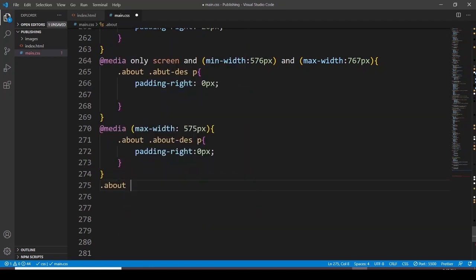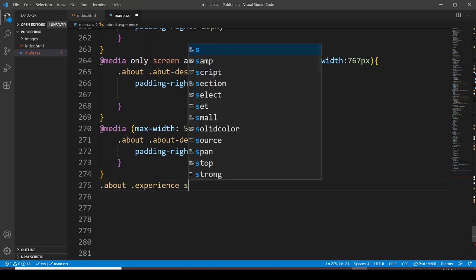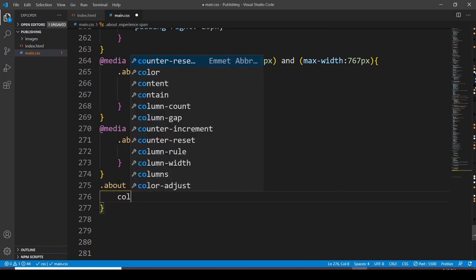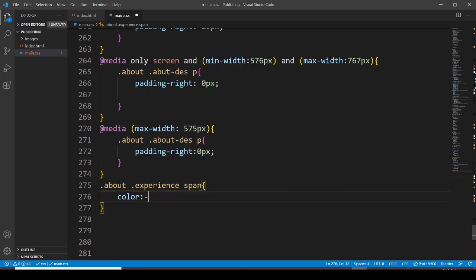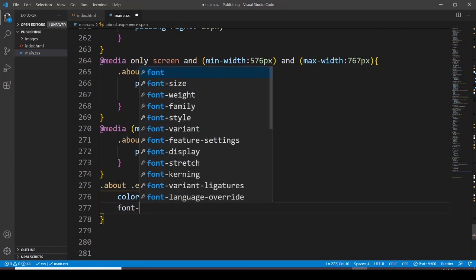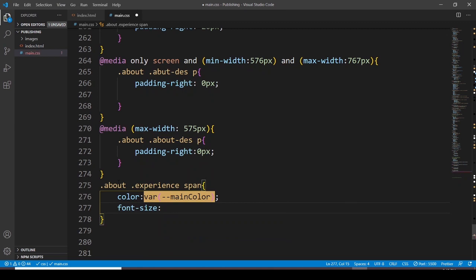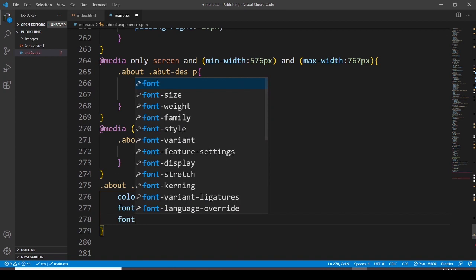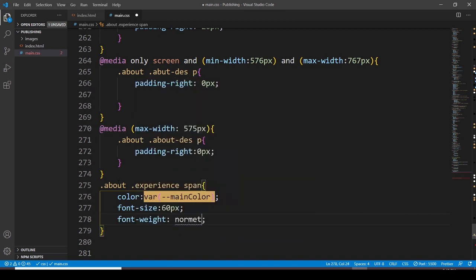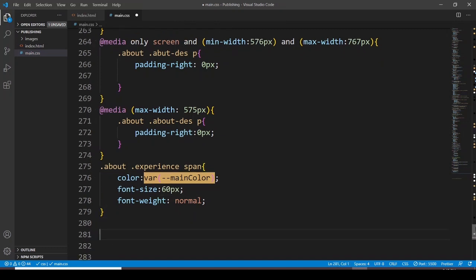Okay, then after we have to go with the about experience class, and the span element, where the color is going to be main color, and the font size, it should be 60 pixels, and the font weight is going to be normal. Then let me bring it here